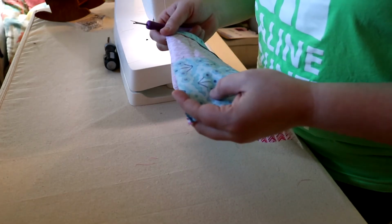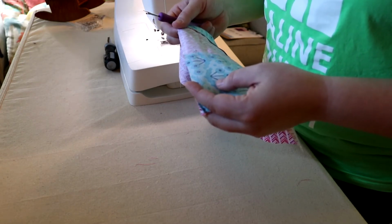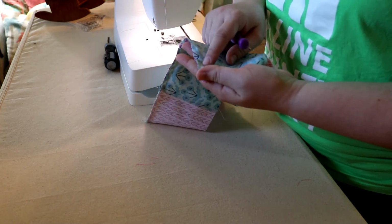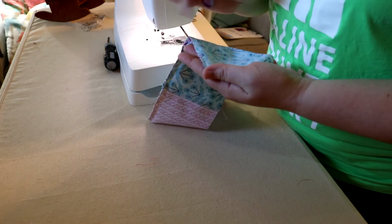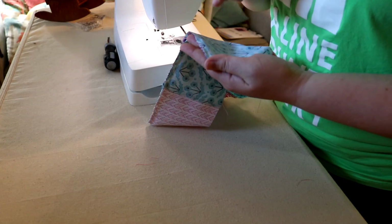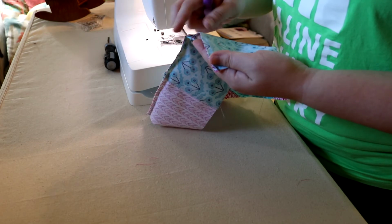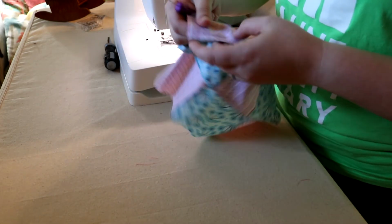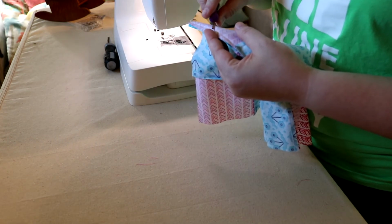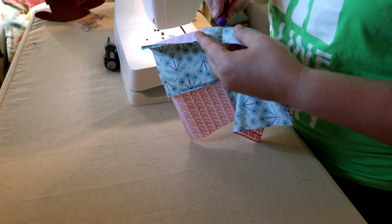So when you're using your seam ripper, one of the things that helps you a lot and speeds this along is to figure out which side is the bobbin side. Now you'll see one side that looks like stitches like you think of whenever you think of a sewing machine stitch. It goes in, it has a little space, and it comes back out. That's typically your top side, so that's your needle side. The bobbin side just looks like a straight line,